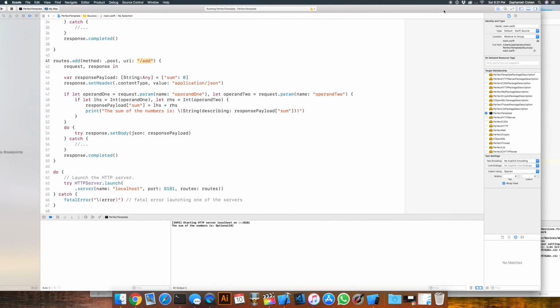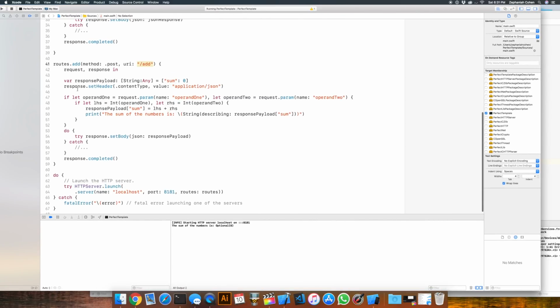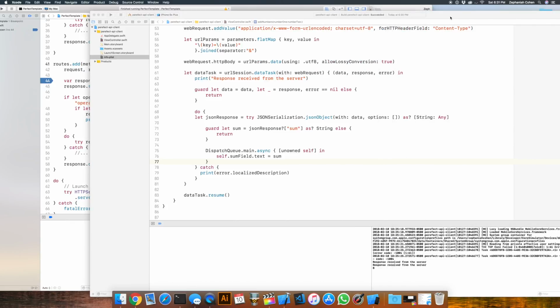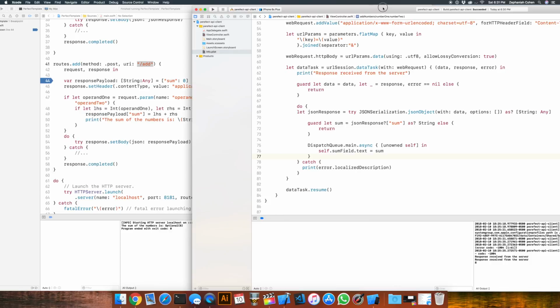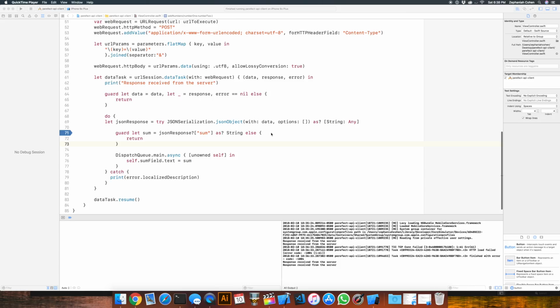And with the server running, let's go ahead and put a breakpoint into the add method here, and we're going to put them side by side. And let's fire up our simulator and send the request and see if it works. Actually, I need to make a few minor adjustments really fast before we run this. Go back to your JSON response, and instead of a string, that's going to be an integer because that's what